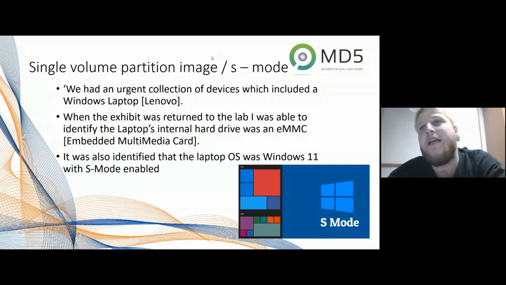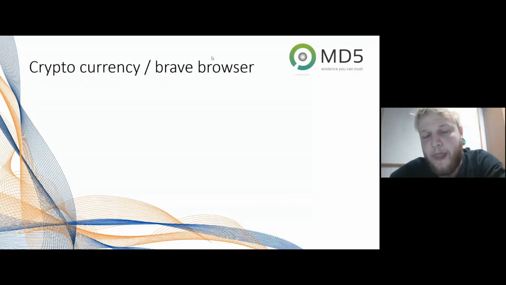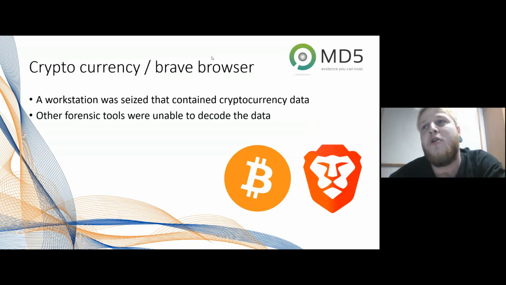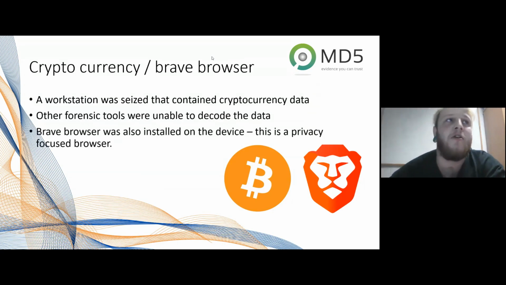So on to the next case study. This one's a little bit of a two-parter. The first part is to do with cryptocurrency, and the second part is to do with Brave browser. Cryptocurrency itself, the forensic tools out there, the standard ones especially, would find it very difficult to decode that